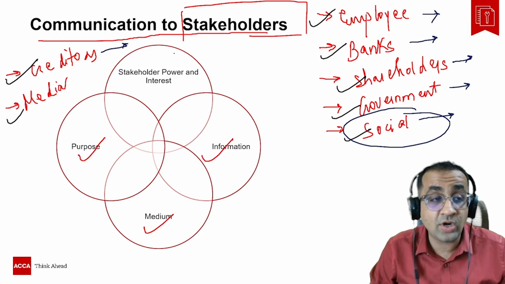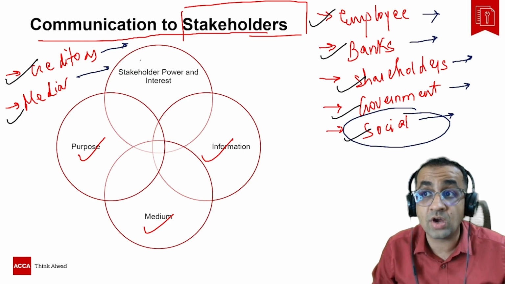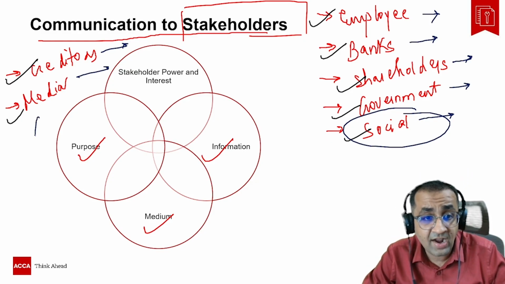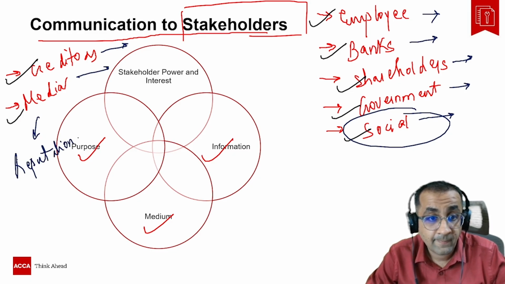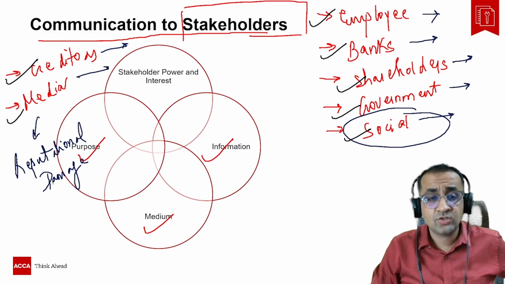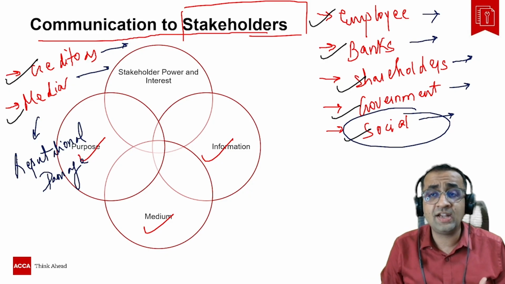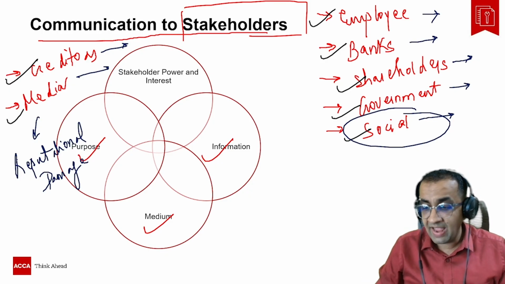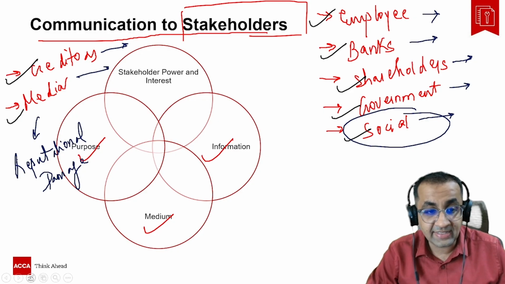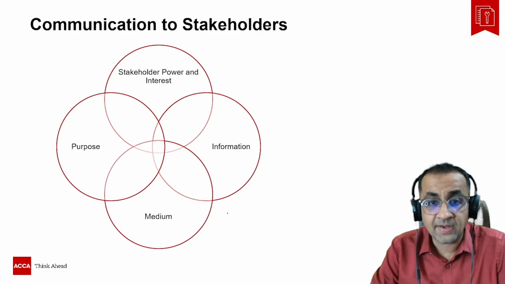Then creditors, if you don't pay them on time, they will not give you the raw materials, and media will start publishing wrong things about your factories and your organization, and this will result in reputational damage, right or wrong, which is very difficult to course correct then. So it is always better for the organization to have a very healthy, transparent dialogue with all the stakeholders, and to take care of their wants, needs, and interests. I hope this is clear, guys, and thank you so much.